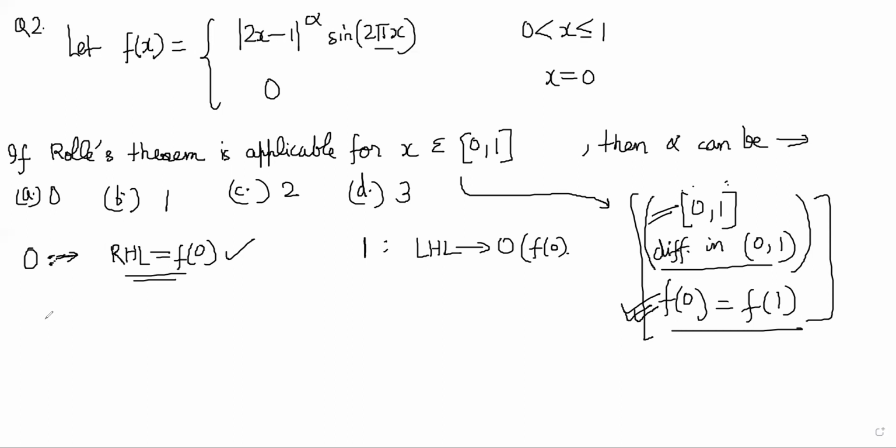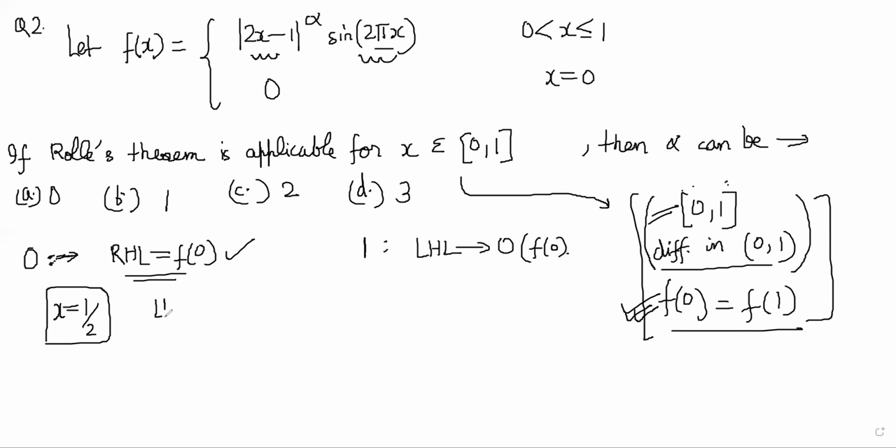0 and 1 we have already checked. What else is an obvious point from the definition of the function where it can change its nature? x is equal to half? It is possible that the sign will change, no? Correct. Like this part also and this part also. When you are near half, it is near pi. Before pi, sign is positive. After pi, it is negative. So x is equal to half. You have to ensure it is continuous and differentiable.